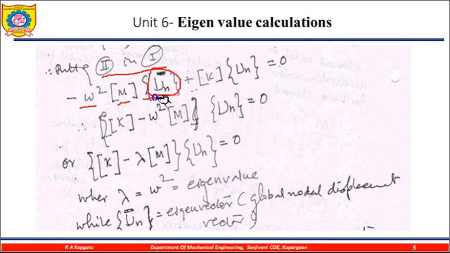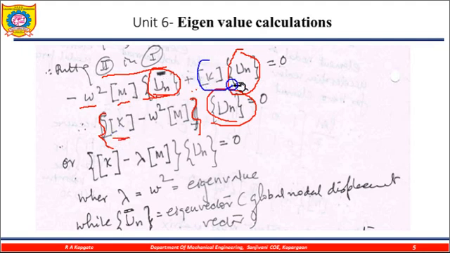un and un in both terms is the constant, that's why I am keeping my un outside, and the rest of the terms I keep in my bracket. So this one is the k, I am writing the k here. The remaining term, minus omega square multiplied by m, is equal to 0. Hence this is equal to, in bracket, k matrix minus lambda multiplied by mass matrix, bracket complete, into un is